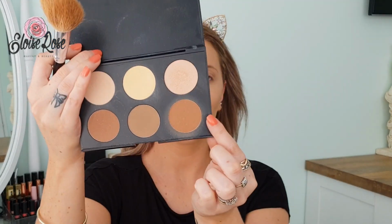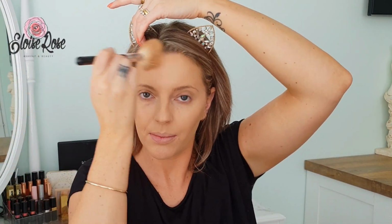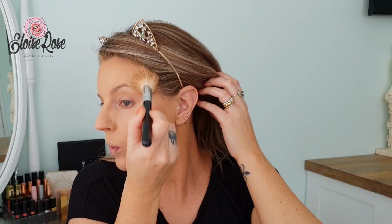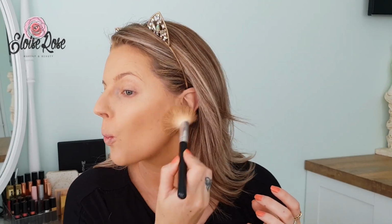Now for contour, I'm just going in with this shade here. Same thing, dabbing brush in, tapping excess off, and I'm lightly going under my jaw, like so. And then we go along the forehead. And then your jawline. So you can see what I mean? You still do get the contour look, but it's just not quite as harsh as with the cream ones, where you do get a bit more of a